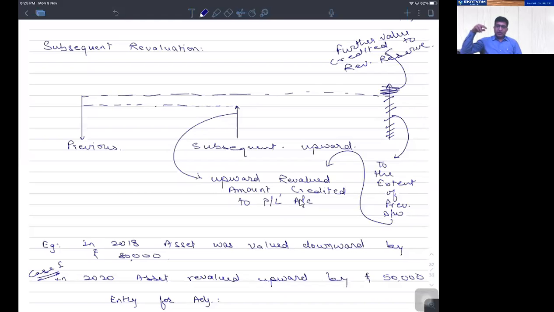Yeah, first write down. I'll just repeat it. So in the first case 30,000 rupees, प्रथमेश, जब तुम्हारा 80,000 का डाउनवर्ड रिवैल्यूएशन हुआ था तो P&L को पूरे 80,000 रुपए से डेबिट हो चुका था. अब उसमें से तुम्हारा अपवर्ड 50,000 कर रहे हो तो 50,000 से ही क्रेडिट होगा। असेट की वैल्यू तुम 80,000 से वापस रिपीट नहीं बढ़ा सकते हो।